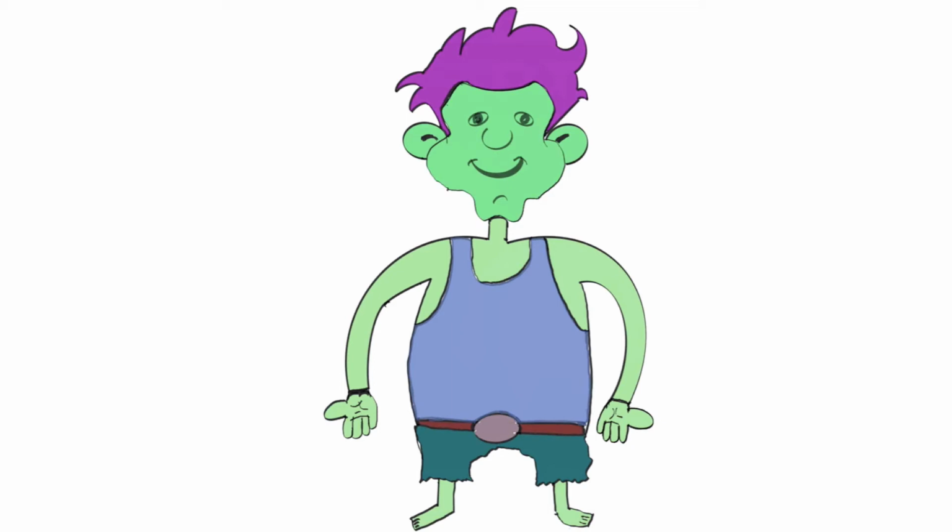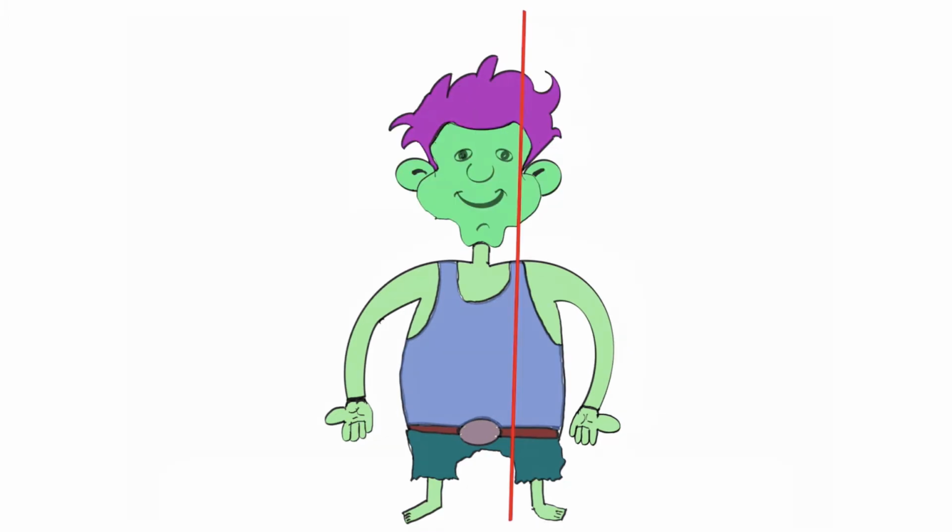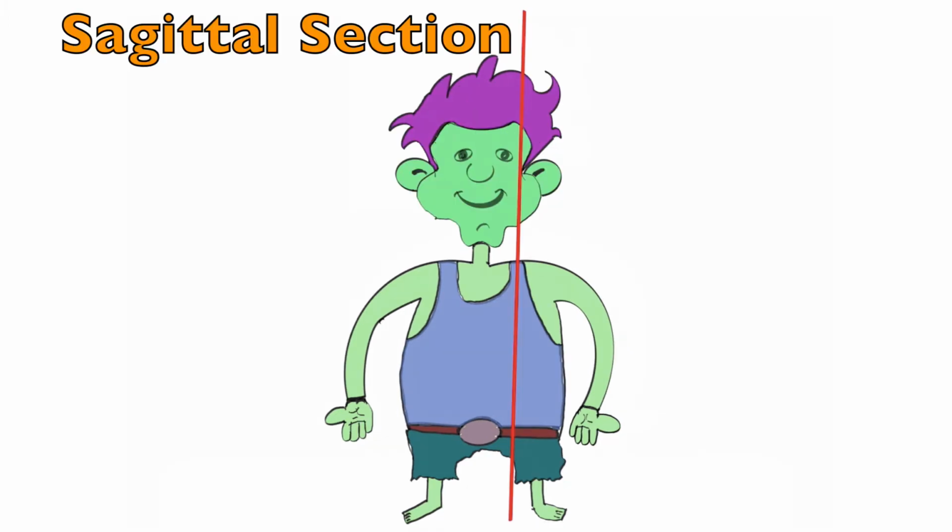We're going to continue on with anatomical terminology, specifically sections or planes. These are imaginary lines which are used to theoretically divide the body or regions that come together. So the first one we're going to look at is the sagittal section, otherwise known as the sagittal plane, which